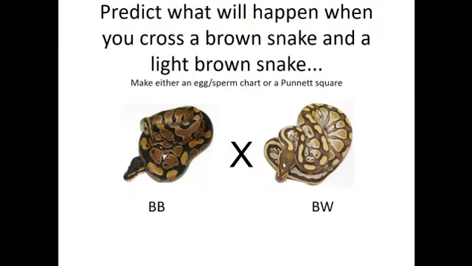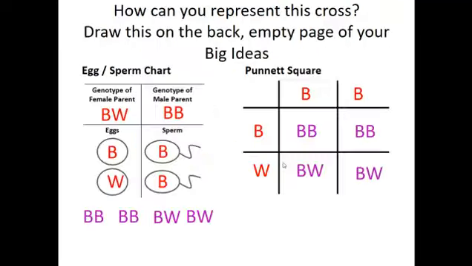So predict what will happen when you cross a brown snake and a light brown snake. Go ahead and make an egg and a sperm chart or a Punnett square to make your predictions. So your predictions probably looked something like this, where you can have a big B and a big W, a